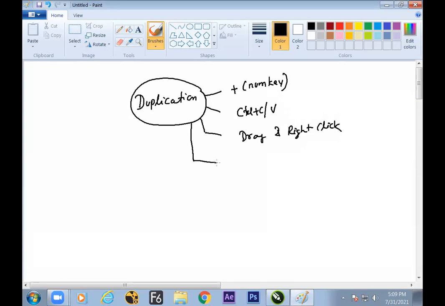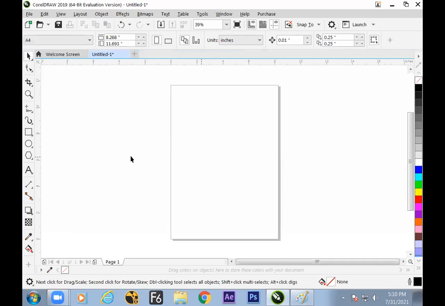And the next is, there are a few windows which can make us duplicate. We'll be switching to the next Windows methods. So I hope these three methods are known to us. Control D, yes. Now we'll be looking at Control D in a little bigger way. So let us see now.